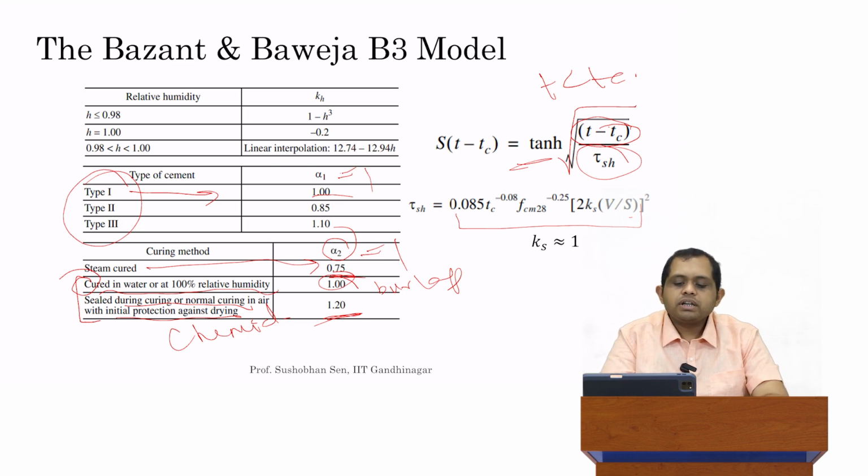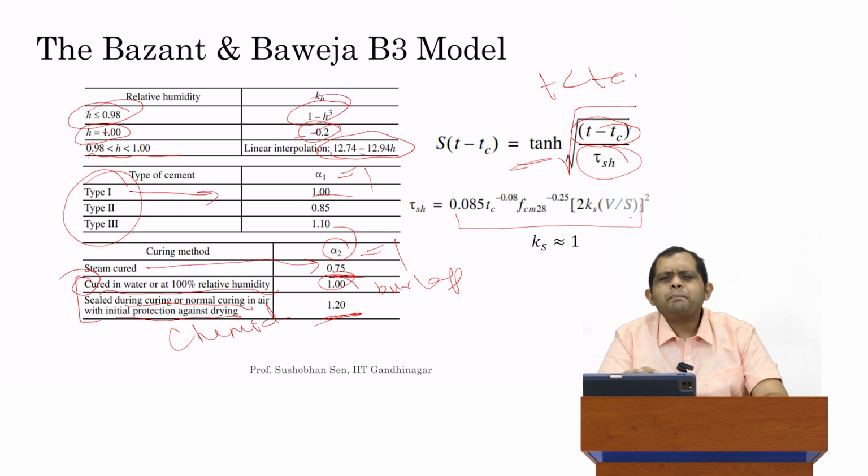So if the ambient humidity is exactly equal to 1, then your recommended value of Kh is minus 0.2. If, however, it's between 98% and 100% humidity, then you are recommended to use this particular formula to calculate it. Note here, the humidity is specified as a fraction, not as a percentage. And if H, the ambient humidity, is less than 0.98, then you use some other function. So this is an empirical piecewise function which is provided just to give a slight correction factor